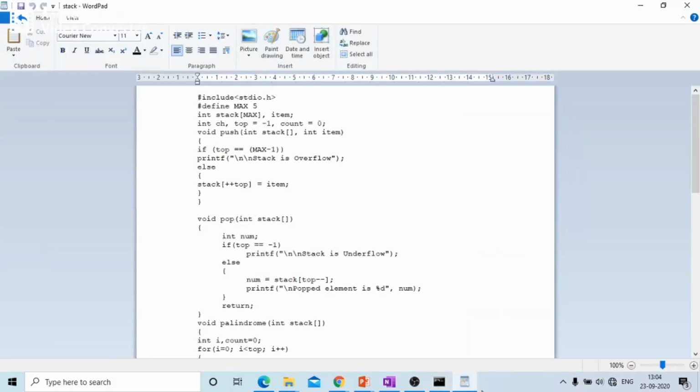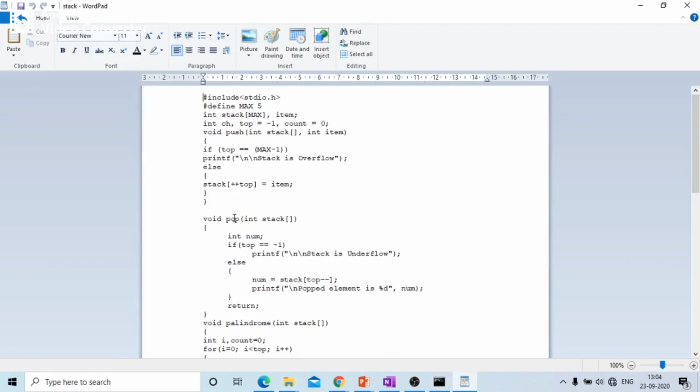So this will open the editor. Here, in the pop function, earlier it was int, I made it void because I don't want to return anything to the other function from the pop. So this became void, and here instead of return num, I'm not returning anything, that is, return and semicolon.